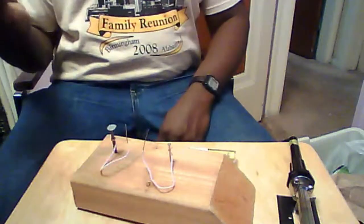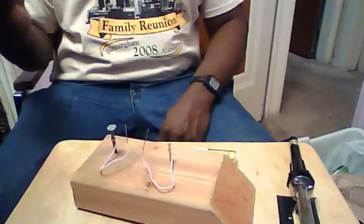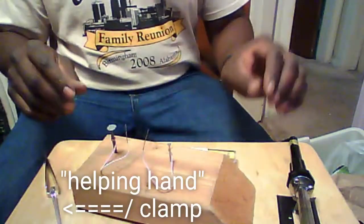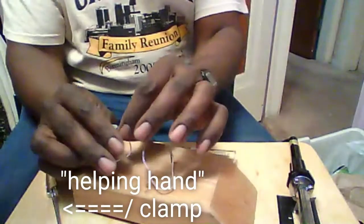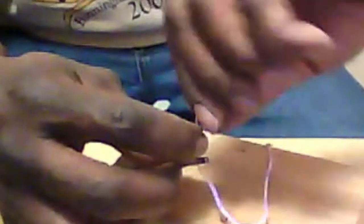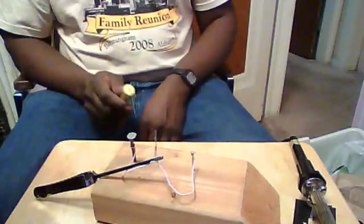You know, and this is what I call a helping hand, a clamp. And then what will happen is you want to solder to... You may have to twist it. All right. You hold it together like that, right? And then